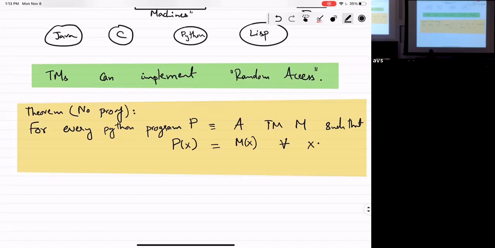You might wonder how you could prove such a thing. Well, the way to prove it is in some sense how you write a compiler or an interpreter for Python, right? So you show that it suffices to do some basic instructions to simulate any Python program, and then you show that a Turing machine can simulate those basic instructions, and then that's it.